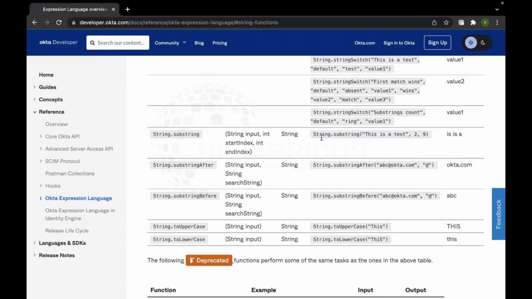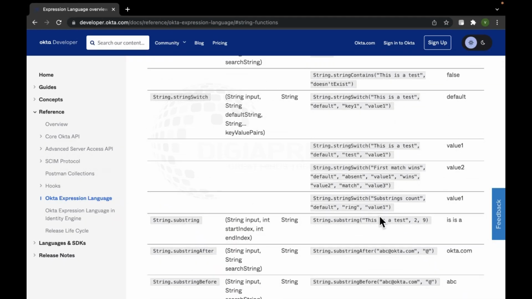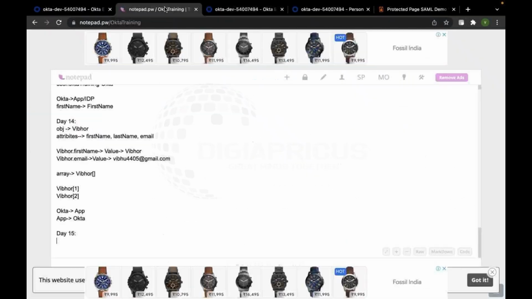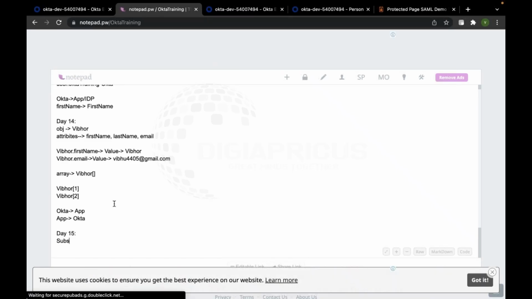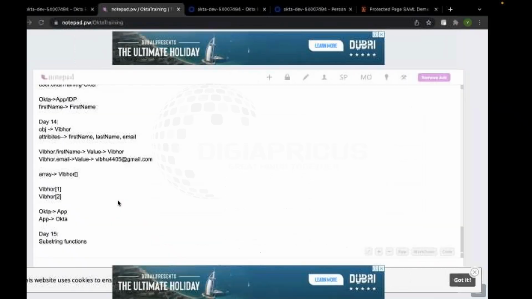So try substring after, substring before. These are all important to understand. Substring dot to uppercase and lowercase. So I'll just let you know what all things you should try. Any substring you find, just try that. Maybe I'll write it somewhere and paste it on the chat. Substring functions, then try uppercase, lowercase,